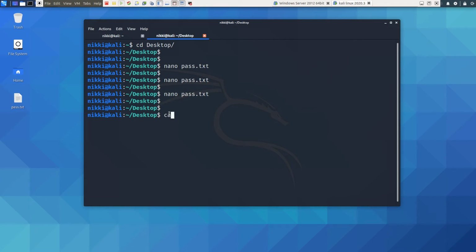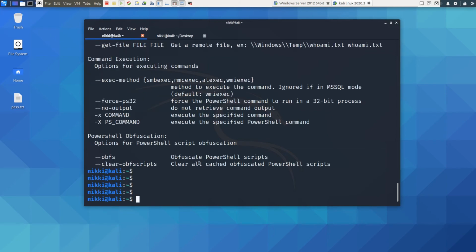I have already made this passwords list, as you can see, with user1 and Thor100. Now let's say sudo CrackMapExec, and we need to specify the protocol, SMB, and the IP address.